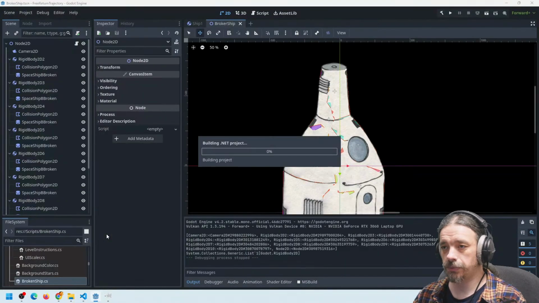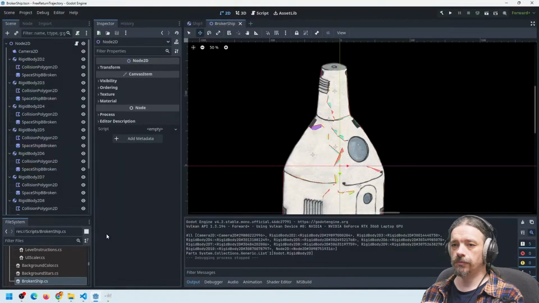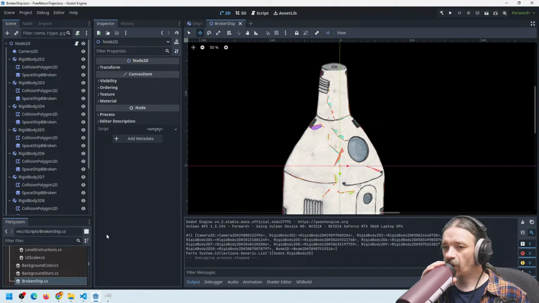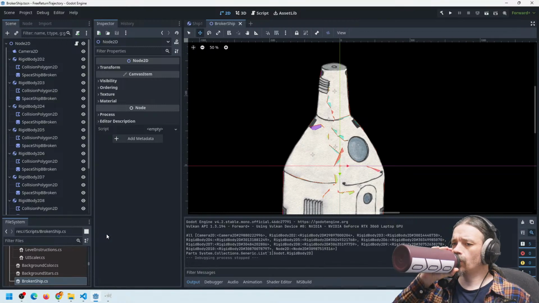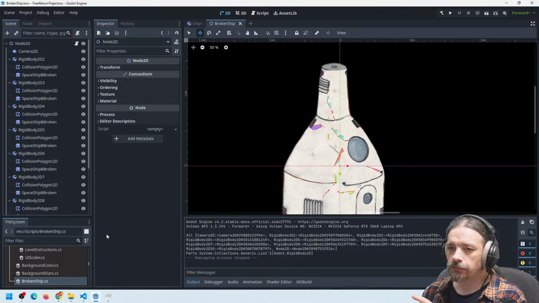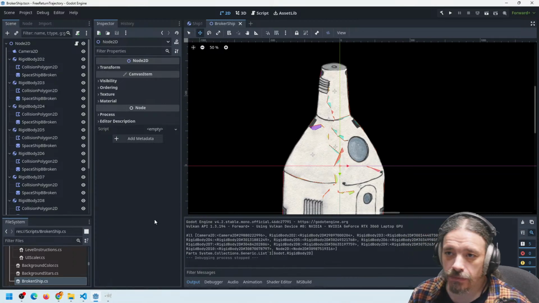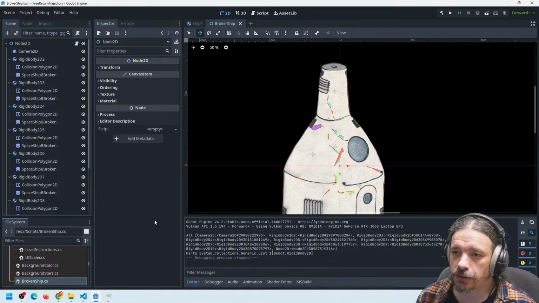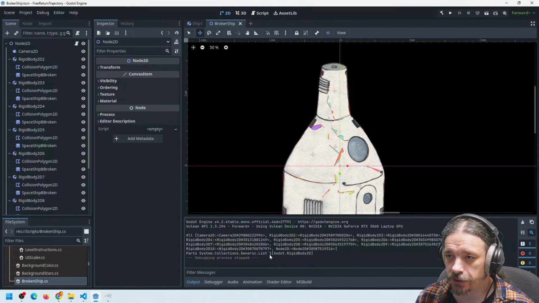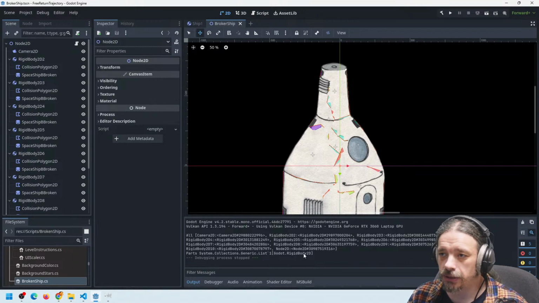Save, print, play. Okay, it's printing the parts, but it's printing the entire thing. I don't see what it has inside, but I believe